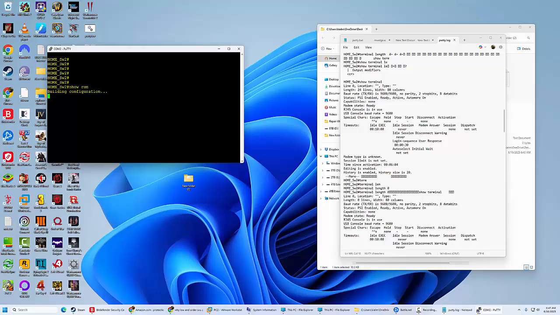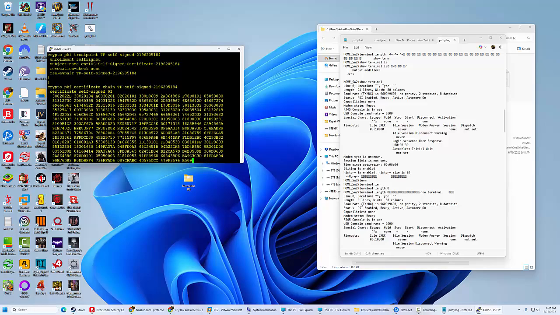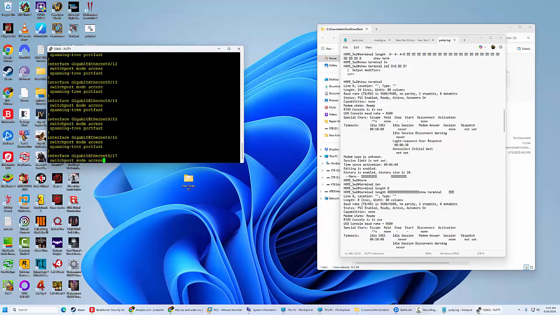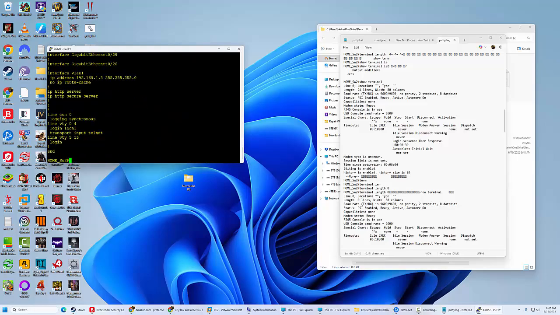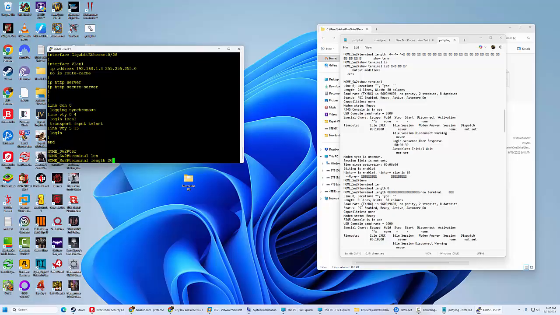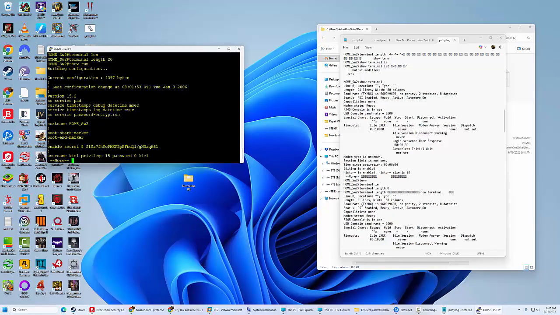Show run. I was wrong. This is why I always check my stuff. So terminal length 20. Show run. So it does affect that. Once you do this, you need to go back to what it was before.